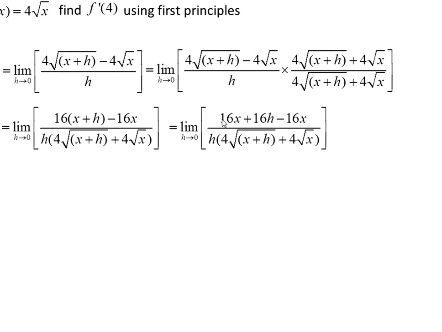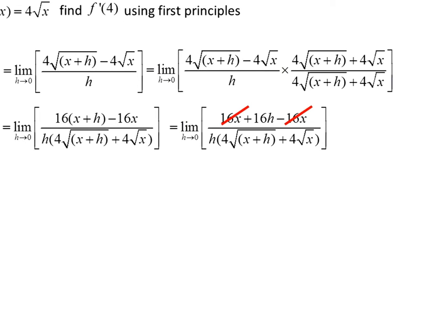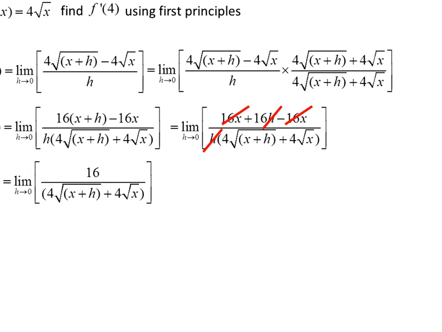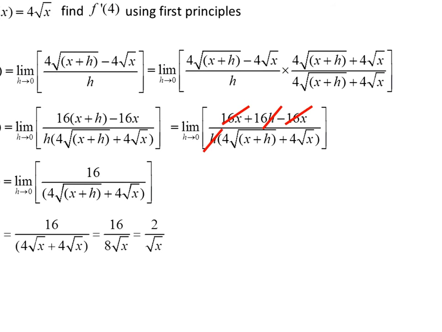We then expand the brackets on the top line only, don't touch the brackets on the bottom line, cancel out plus 16x and minus 16x, cancel out the h on the top line and the bottom line, and giving ourselves a final equation shown here. Now we have a bottom line without h, so we can substitute in h equals 0 without getting to a division by 0 situation. So we end up with f dash of x is 16 divided by 4 root x